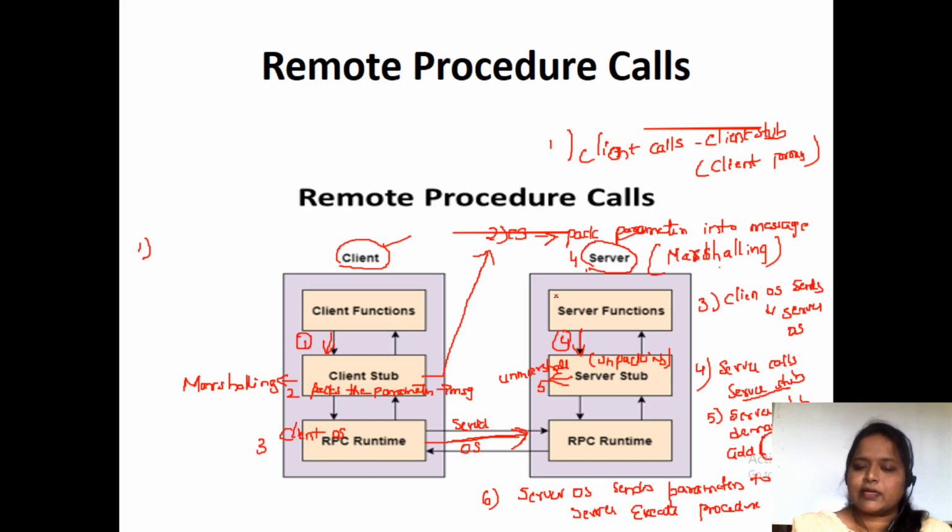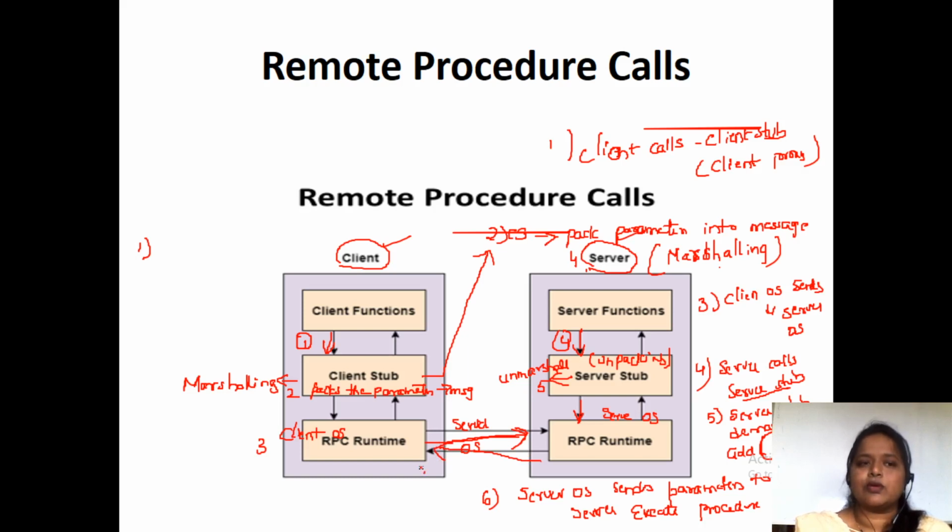After unpacking the message, the server stub sends the data to the server OS, and the server OS sends the parameters to the server and executes the procedure. And finally, after executing, it is going to send back the required data to the client OS.